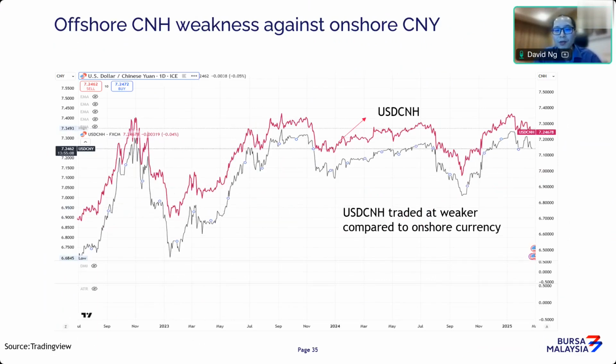Now, the contract traded on Bursa Malaysia is the USD CNH, which is the offshore currency. China has offshore and onshore rates. One is the USD CNH, the offshore, which is traded on Bursa Malaysia. We also have the USD CNY, which is mainly an onshore currency. The difference is that the offshore currency is mainly traded by foreign players, while the onshore market is mainly traded by local Chinese players. So there's always a price difference between the USD CNH and the USD CNY, the offshore and onshore currencies.